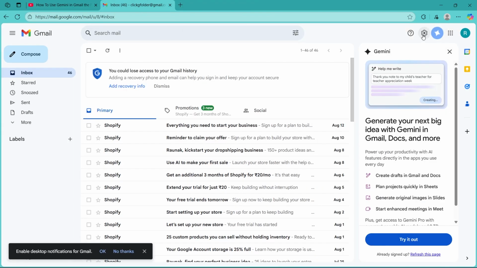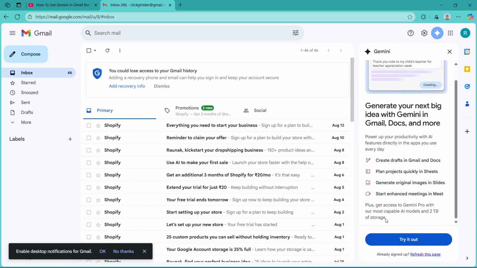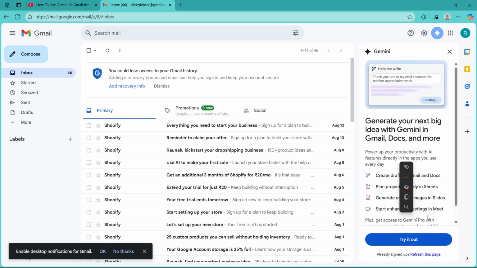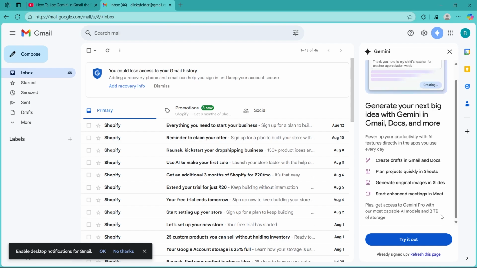Then you can easily click on this button and you will get an area where you can write anything and ease your task with Gemini. So that's the simple way through which you can use Gemini in